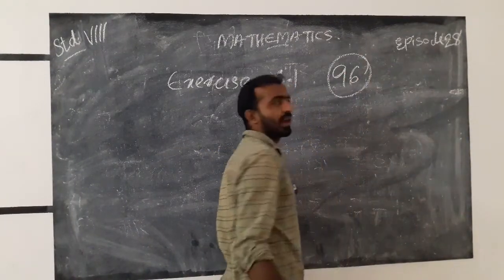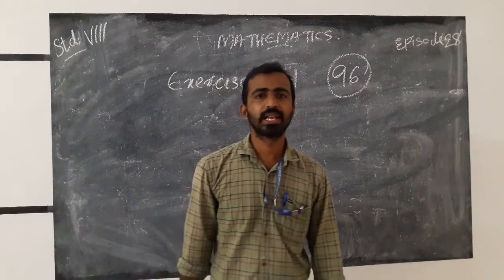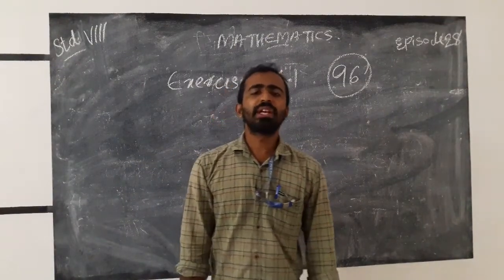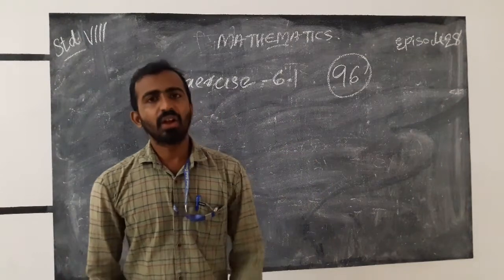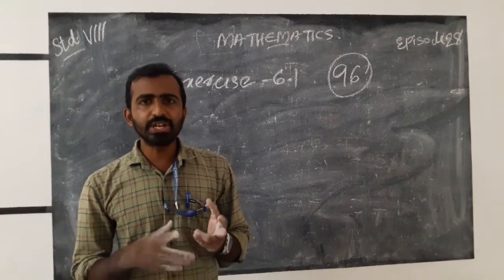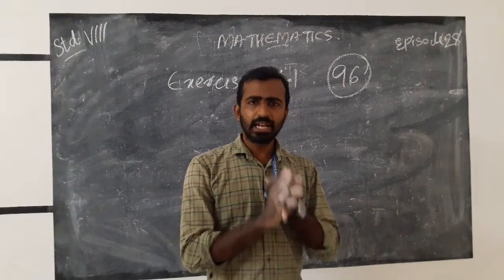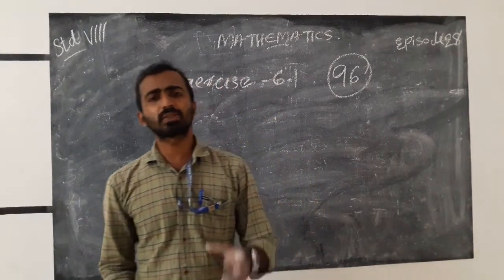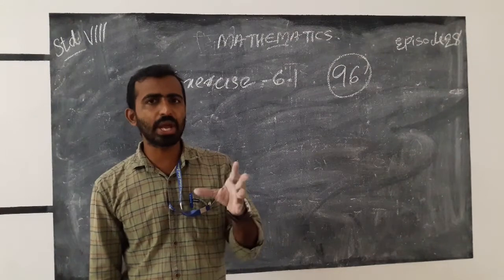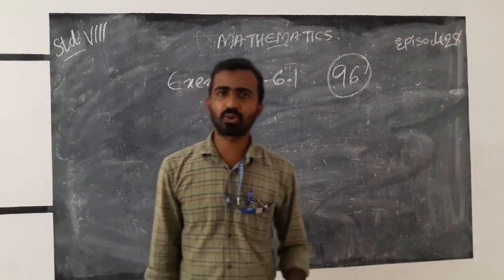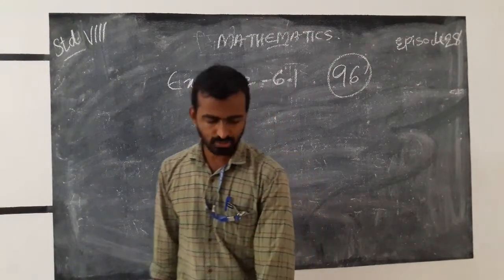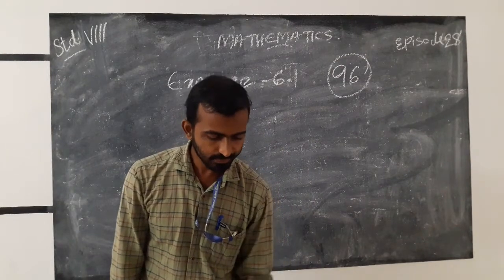Page number 96. Is it? Yes. That is multiplication and division we studied. In this chapter we are discussing the square. Our chapter name is Squares and Square Roots. First section is squares. That is first question is